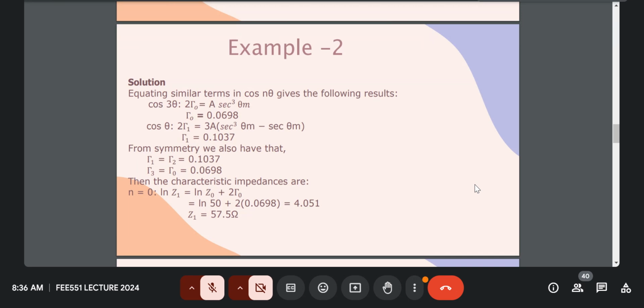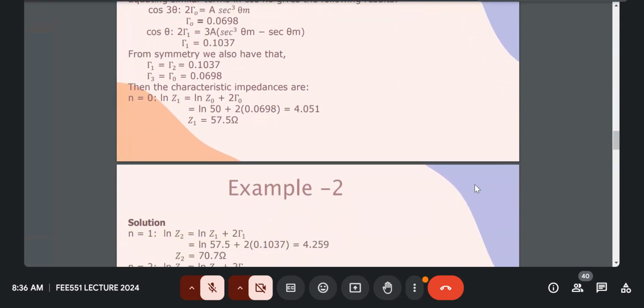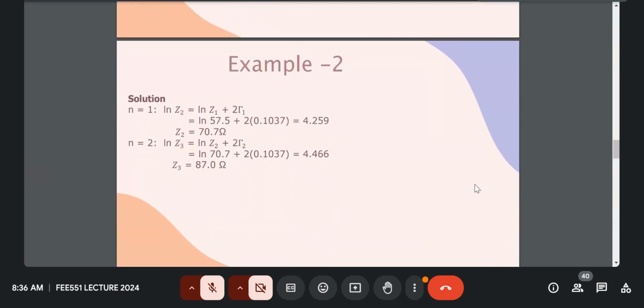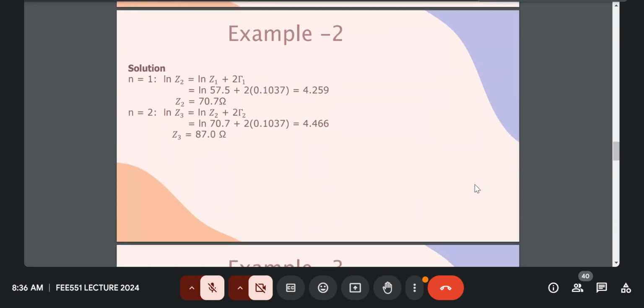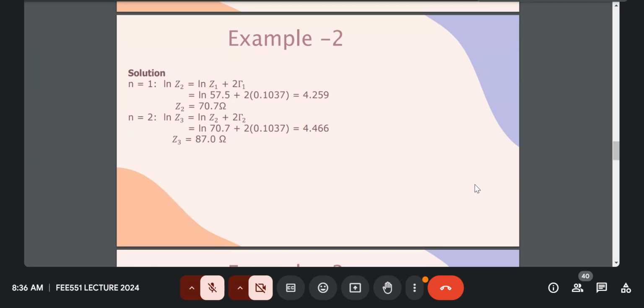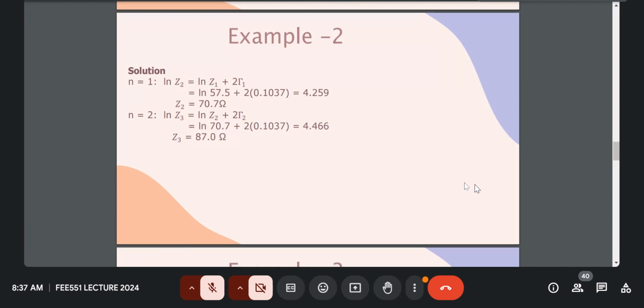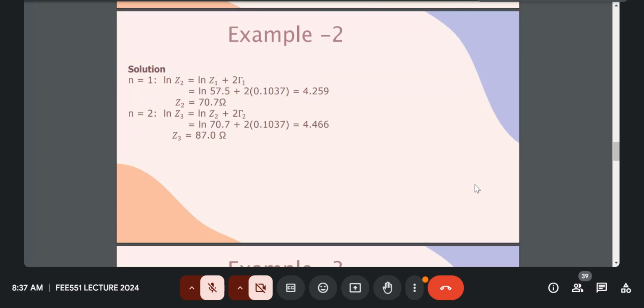Then for the next section, we'll see this characteristic impedance in the next slide. Now for when n equals 1, we use the value of the first characteristic impedance, which we got above for n equals 0. Then we use the first reflection coefficient that we got earlier. Then we get the second characteristic impedance. Then for when n equals 2, this is now for the third section, we use the values that we've gotten above to substitute this. Then in the next slide, we go to the plot